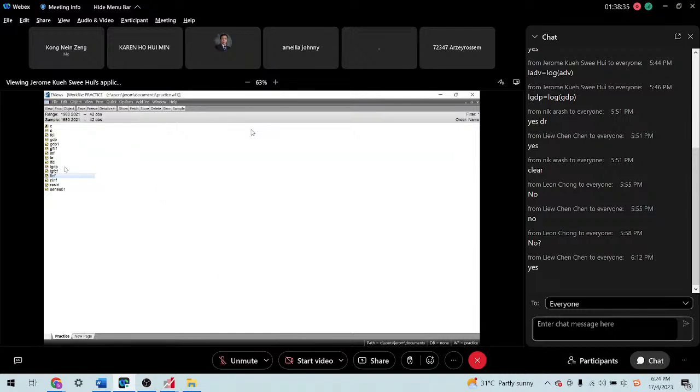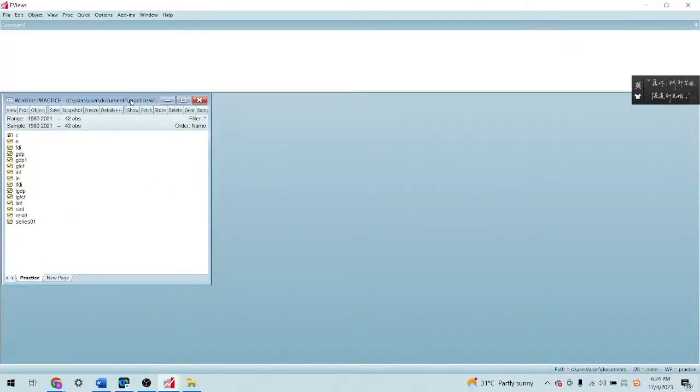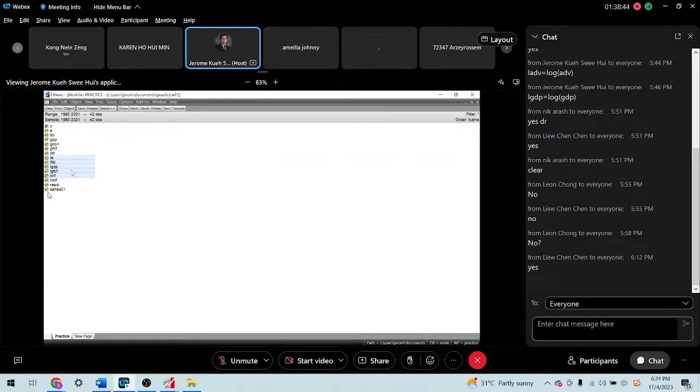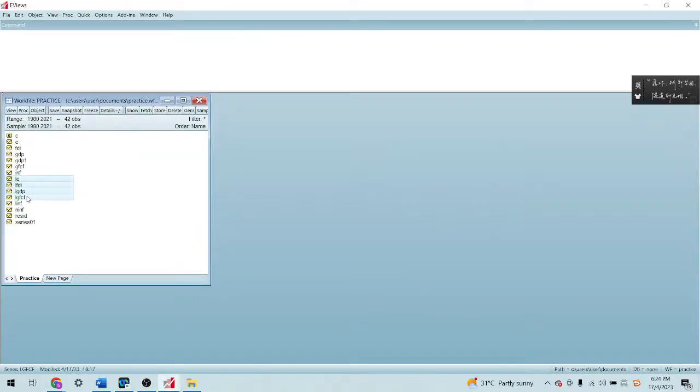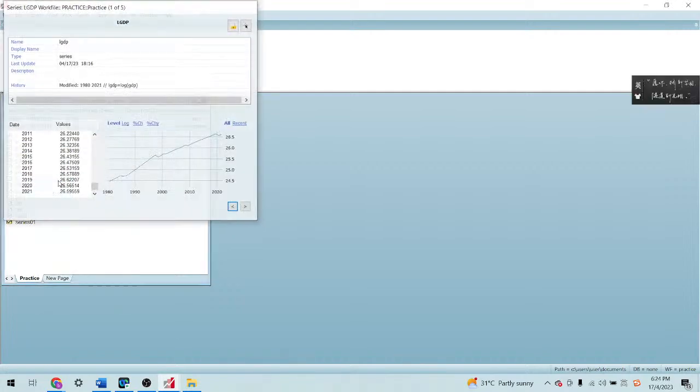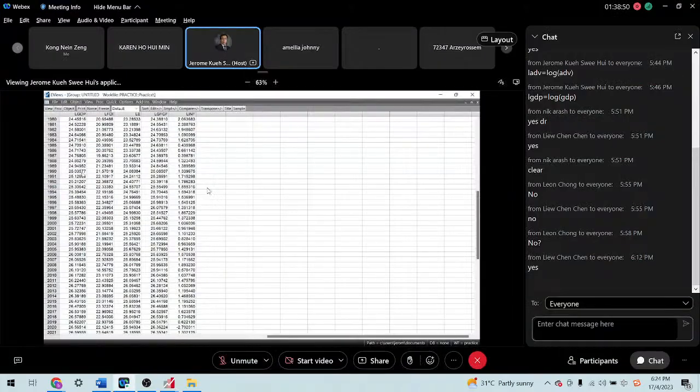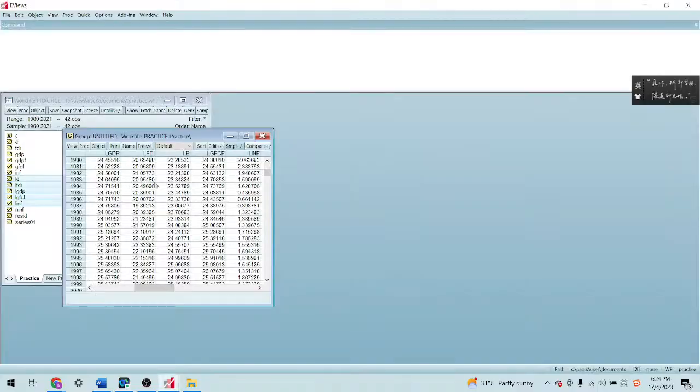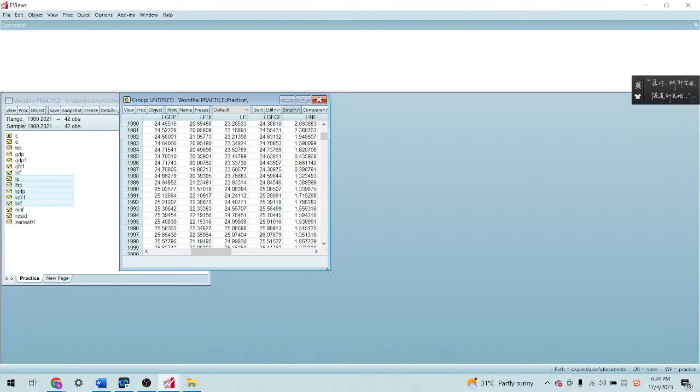Now you can try using LGDP and LFDI, LEXPORT. You can try all the variables. You can open this group just to double check and make sure everything is correct. All are in logarithm form. You can see that the variation has been reduced. The gap has changed. The variation will be very small after you transform into the logarithm.